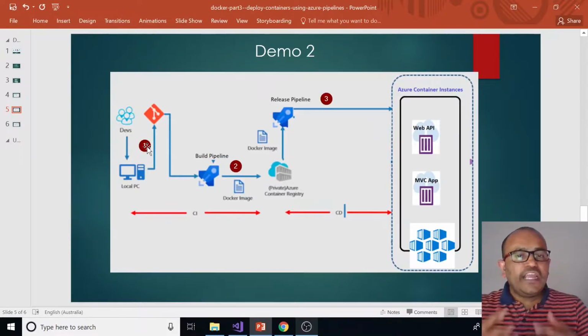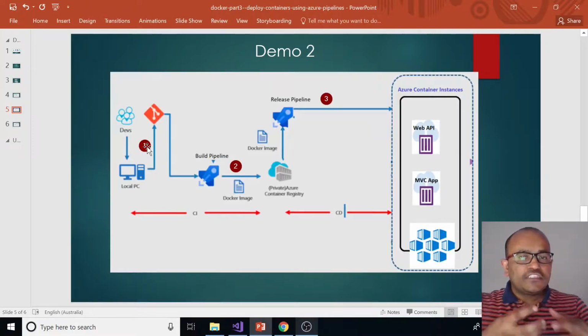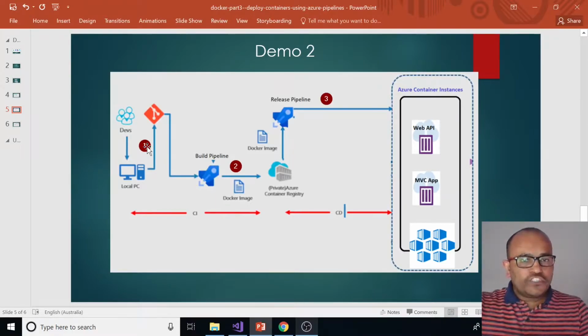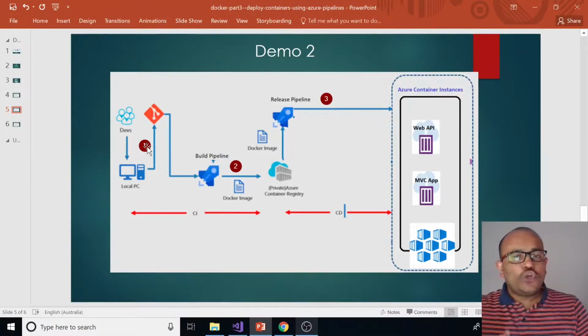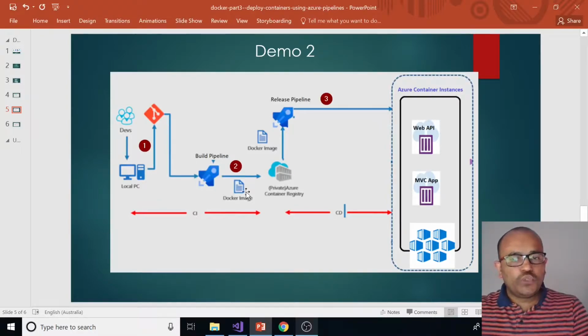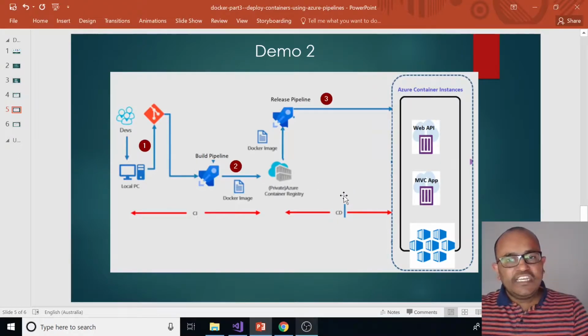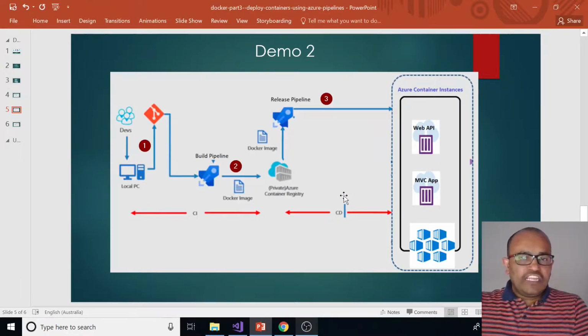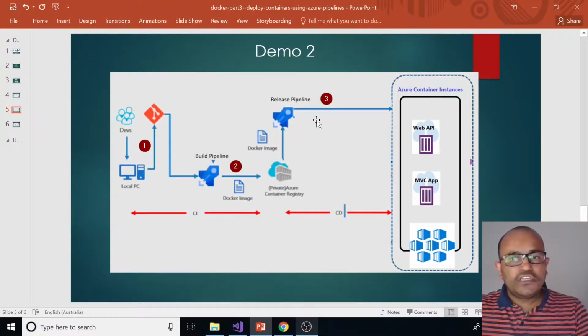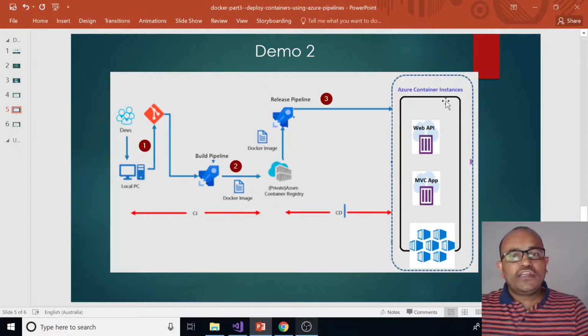Step 2, create a build pipeline that takes the Git repository code as an input, creates a Docker image, and pushes it to the Azure Container Registry. So the CI part is completed. Coming to the CD, you need to create a release pipeline that takes the Docker image from Azure Container Registry and creates Azure Container Instances.